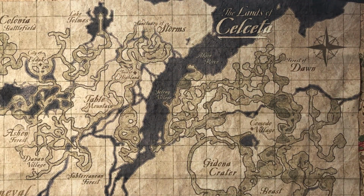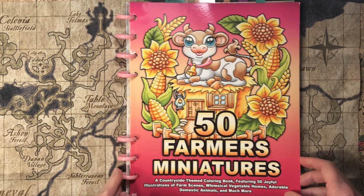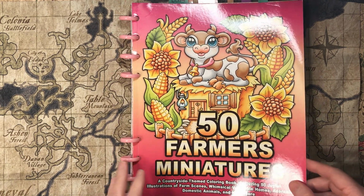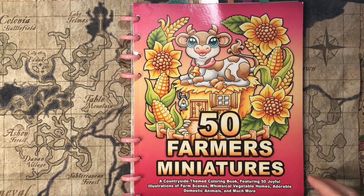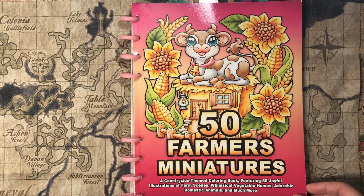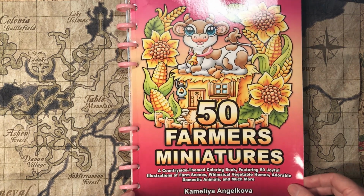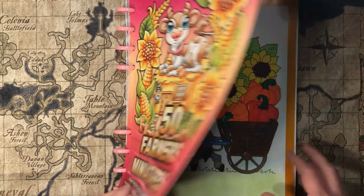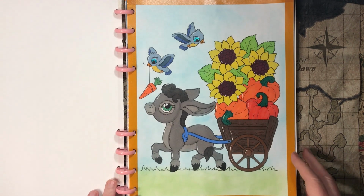Next is 50 Farmer Miniatures by Camelia Andrzejkowa. These two here, hold on a minute. Okay, I'm back. I had to wait for the sirens to stop. 50 Farmer Miniatures by Camelia Andrzejkowa. These two were buddy colors with Knick Knack Colors on Instagram,